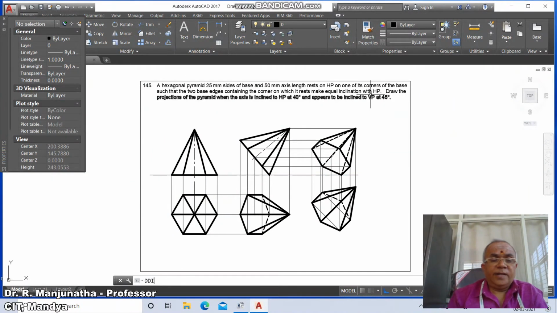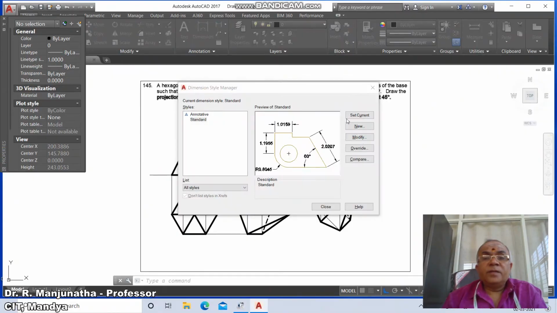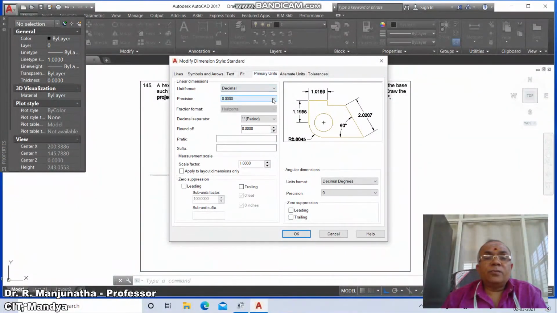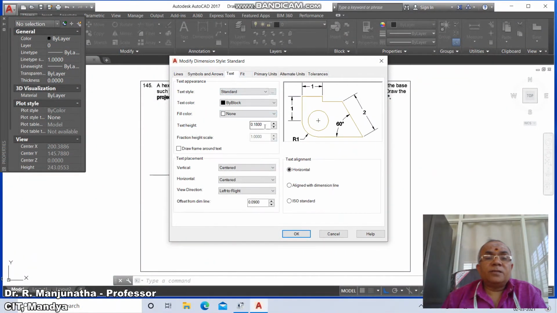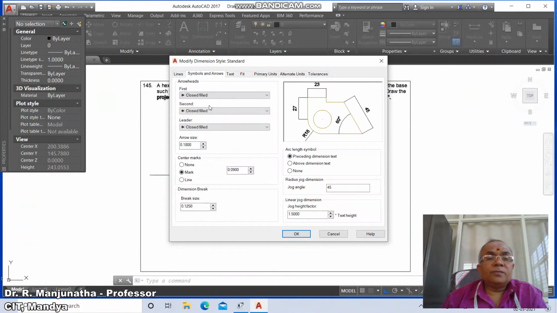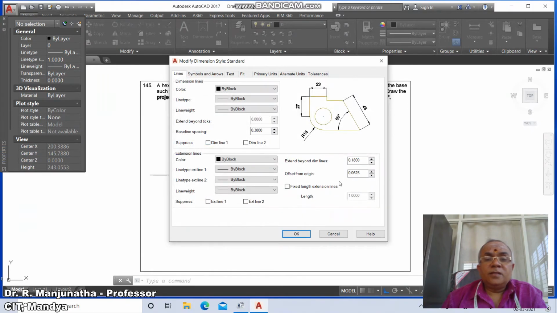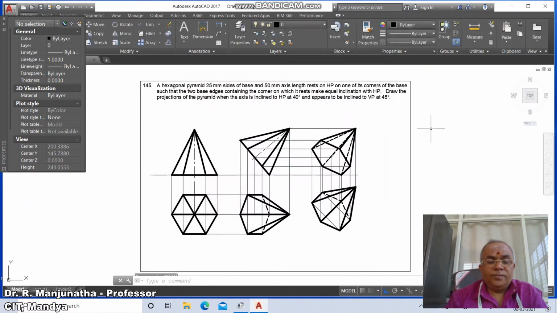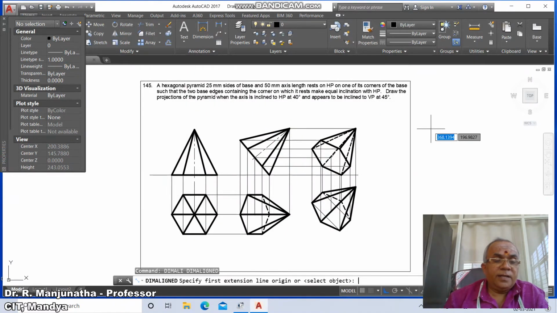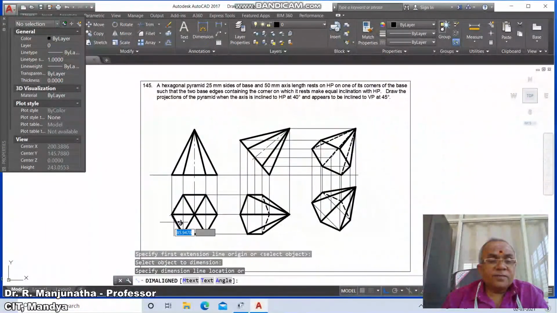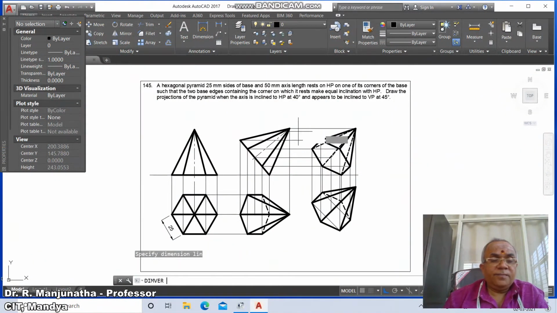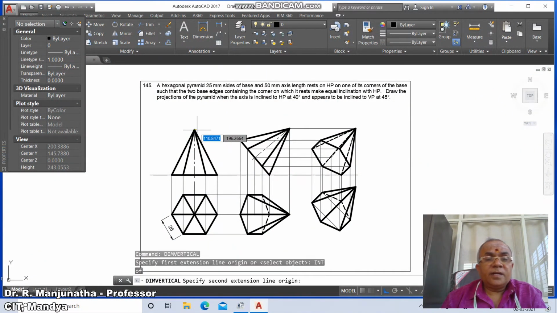Now we go for DDIM, select modify, go to primary units as 0 and then go to text, make this as 4, align with the dimension line, take this as 3, centered becomes above, then go to symbols, take the arrow size as 4 and then go to lines, take offset from the origin as 3 and say OK, then say close, then dim aligned, select this line, take the distance as 25,